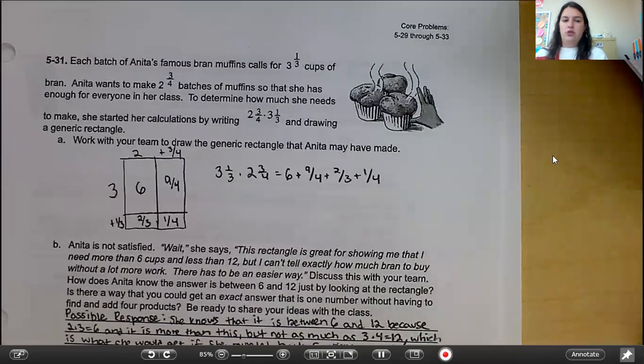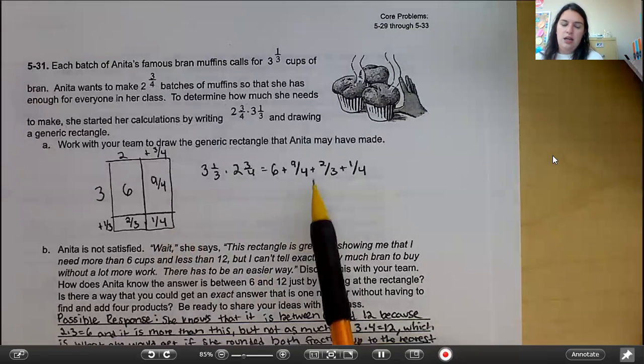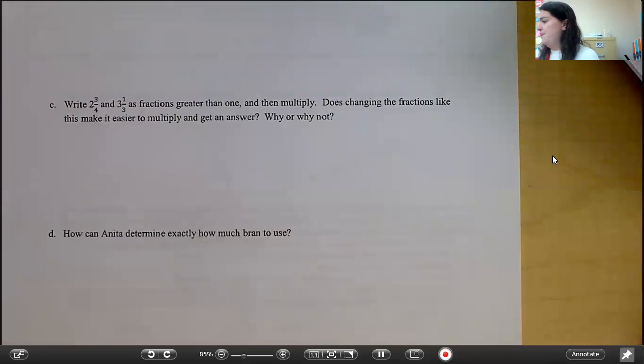Okay, if you're back with me, you should have drawn your generic rectangle. Your generic rectangle should look like this. And if you write it out, this is what you would have. Okay, so B,